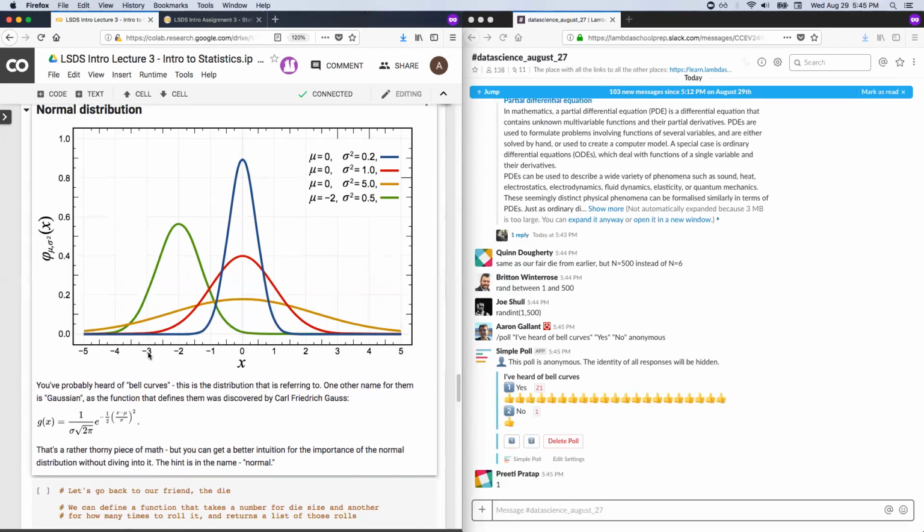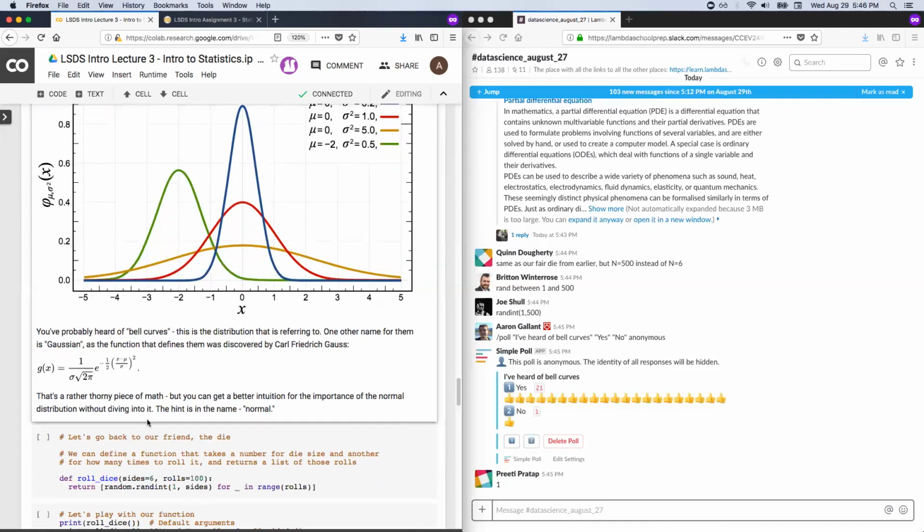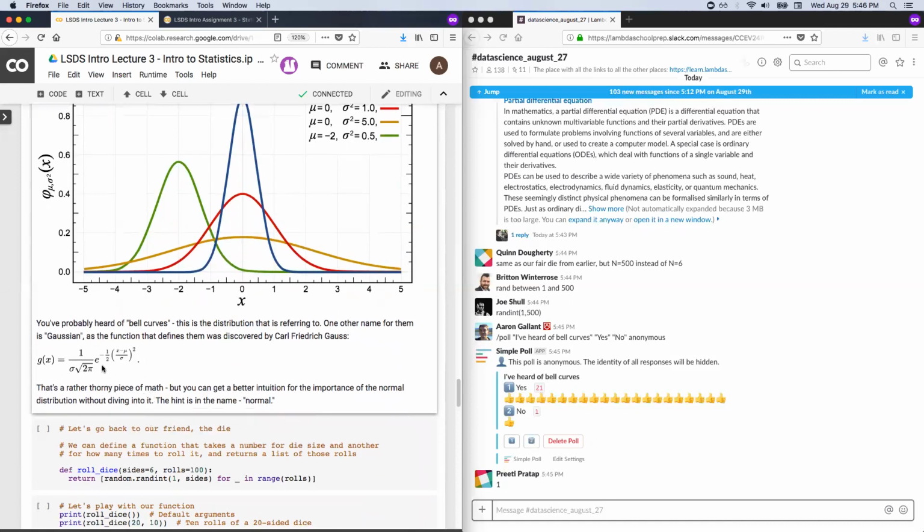And what is it? Well, as I said earlier, it's also called Gaussian, and that's because the formula for it was discovered by Carl Friedrich Gauss, a mathematician who did lots of this sort of stuff. And the formula is this. I'm not going to ask you to memorize this. I'm just showing this to you for the sake of completeness. You can revisit this and try to memorize it later on. It's scary looking, and you don't need this formula, generally speaking, in most situations. You can look it up if you did. Usually, we're data scientists. We're going to use functions and code to do what we're talking about.